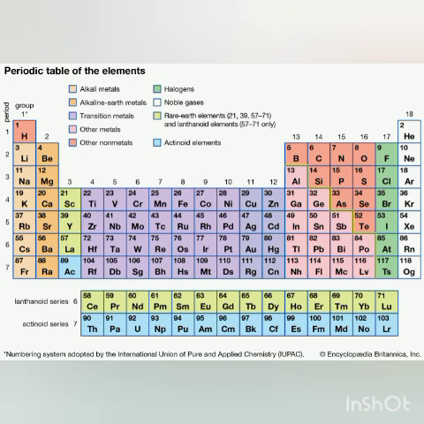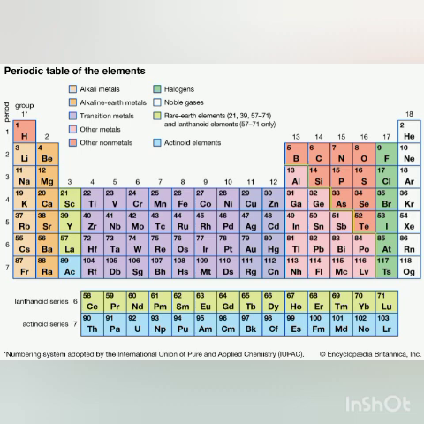Students, when you go down the group, let us take the example of group 1 again. When we go down the group, the number of shells are increasing. For example, in period 2, period number tells you the number of shells. In period 2, all the elements have 2 shells. Now period 3, the elements have 3 shells. Period 4, the elements have 4 shells. So when we go down the group, the number of shells are increasing. So what does it mean?